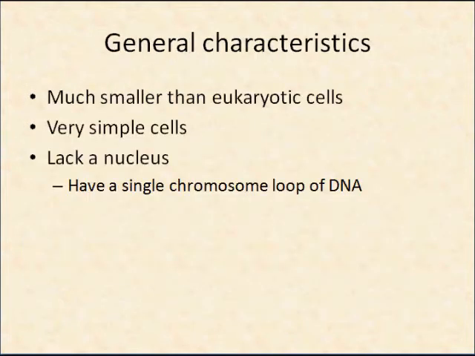Just some general characteristics of bacteria. They are much smaller than the eukaryotic cells. They are quite tiny. They are very simple cells. They don't have a lot of the organelles. Basically, they have a bit of DNA. They have some ribosomes, which are necessary for the production of proteins. They have transfer RNA, which is necessary to move some materials, but not any of the other organelles that you would see in the larger, more complex eukaryotic organisms.